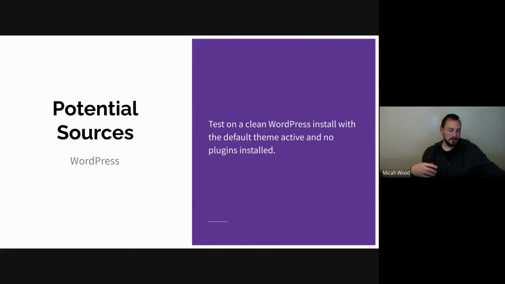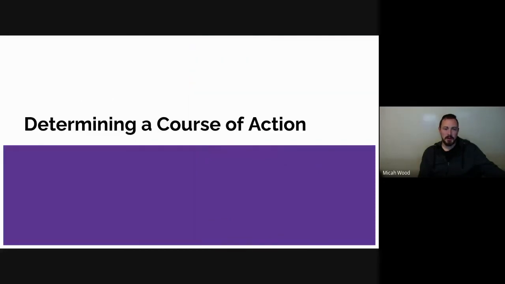Now, obviously, if you disable a plugin and the thing that you thought was a problem disappeared, then it's not WordPress. It's related to whatever plugin. But that's kind of your last check, to see if it is actually a WordPress problem. So at this point, we've taken our matrix. We said, okay, this is the type of issue that we most likely have, and this is the source of the issue that is most likely. We find the intersection of those, and so we've hopefully properly identified the problem.